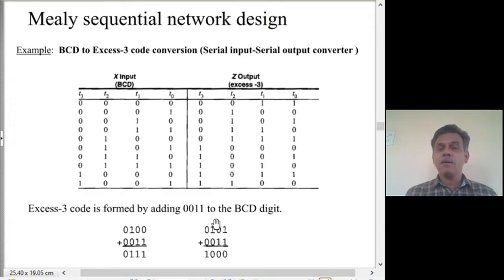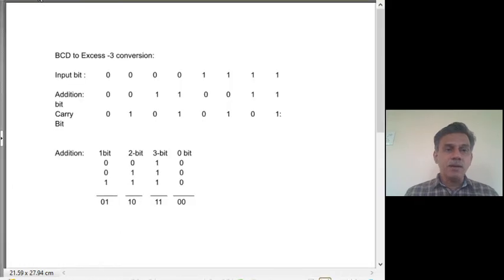Then the carry bit, which can be either 0 or 1, and whether it is 0 or 1 is decided by the previous bit, the result of the previous one. So, this is how it will turn out to be, which means in general the BCD to XS3 conversion, when we carry out serially one by one, we would always be looking upon adding 3 bits in general in any given addition clock period.